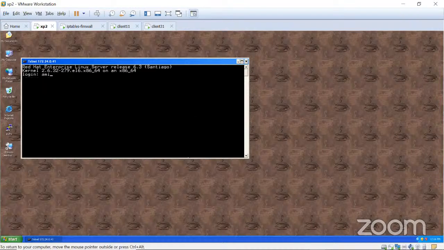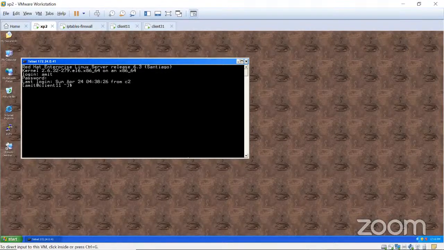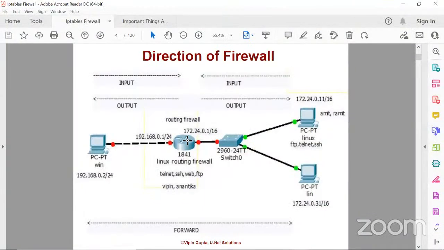It will change the address. So let me go to the diagram. What we have done in our case, we set that 41. So when the traffic was entering here, at the entrance time, it changed the destination address from 41 to 11. Like when I have shifted the office, on the old office I will put some poster type of thing saying that this office has shifted somewhere else. So the people, when they go to the old office, they will know.